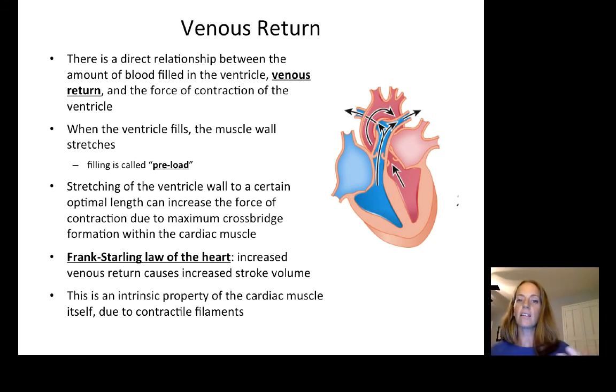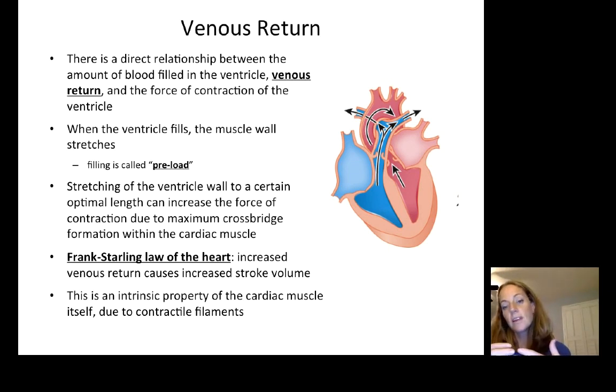This filling from the veins going to the atria and then to the ventricles is called the preload. So the amount that the heart fills or loads, the amount of end diastolic volume, stretches the wall of the ventricles. And like any other muscle, stretching the muscle tissue creates different length tension relationships between the actin and myosin